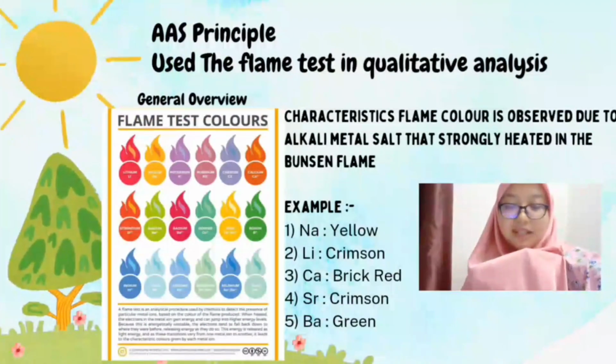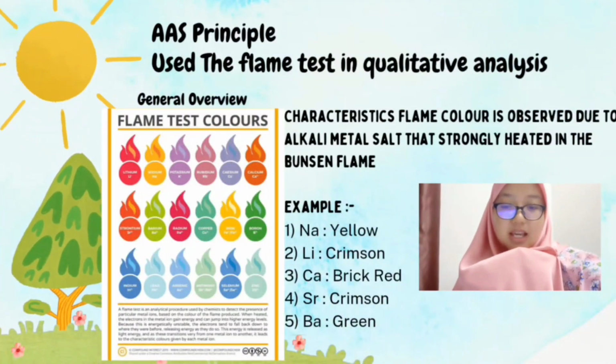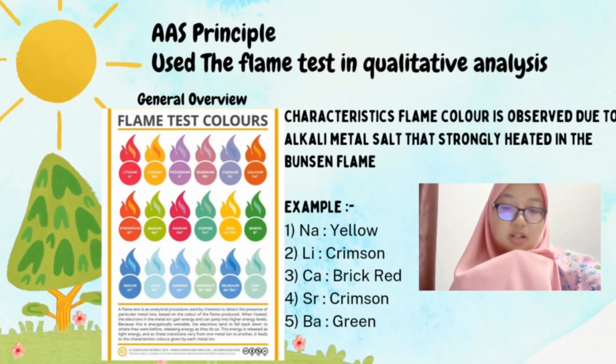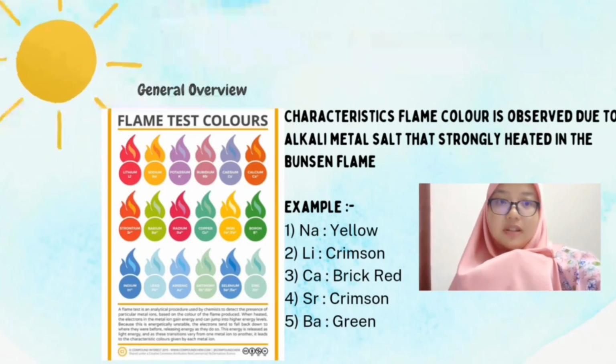Okay, next is the AAS principle. The AAS principle was used in the flame test in quantitative analysis methods. The characteristic flame color can be observed in alkali metal salt that is strongly heated in the Bunsen flame. So we can determine which elements were used for our